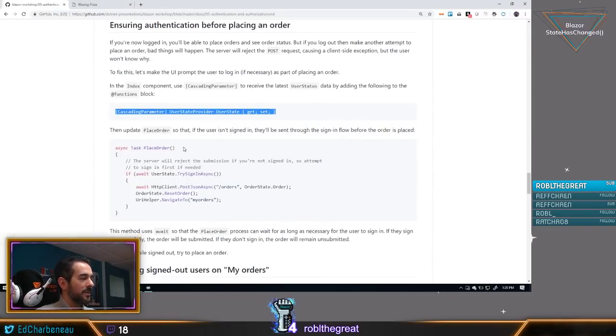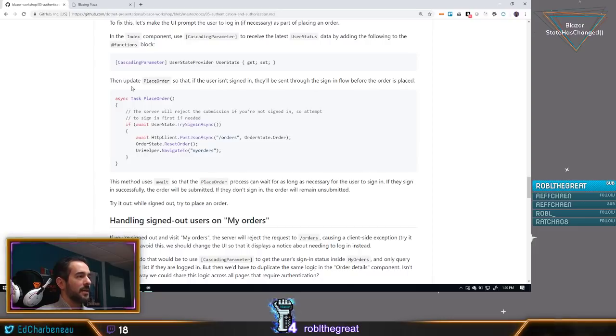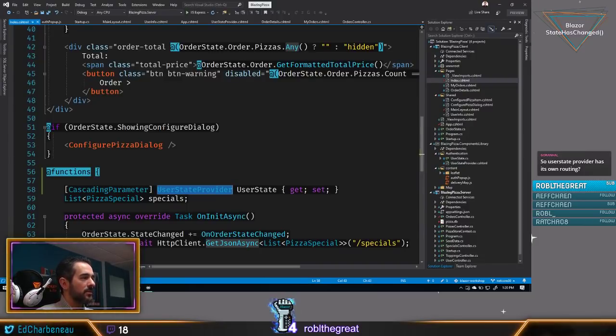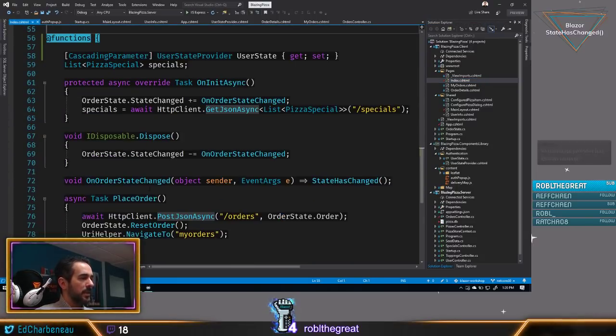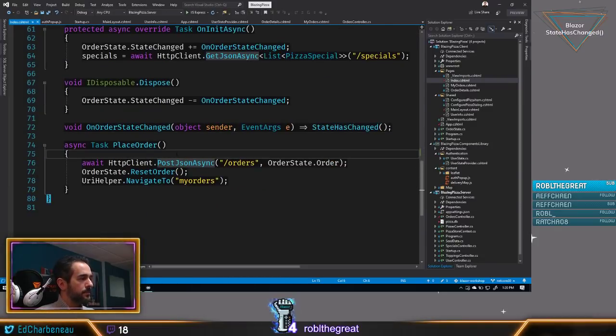And go back to our documentation. So we're going to do place order so that if the user isn't signed in, they'll be sent through the sign-in workflow. So under place order, we want to check and see if the user is signed in first. So our index page has a function called place order. And right now, if we're not logged in,